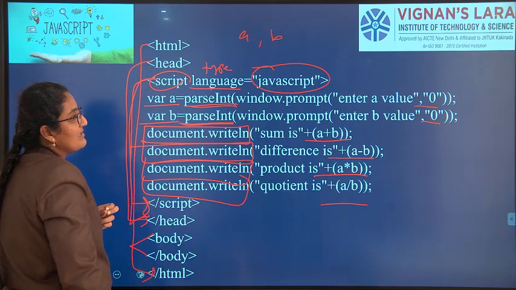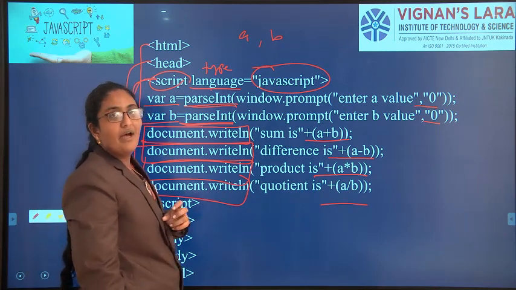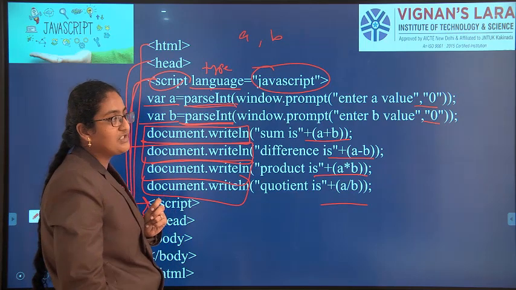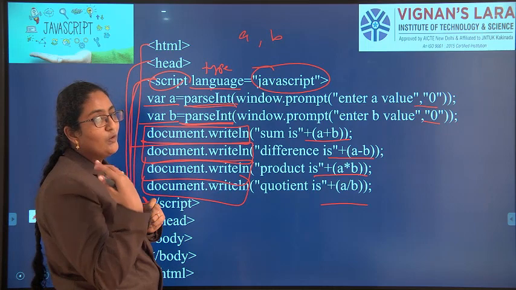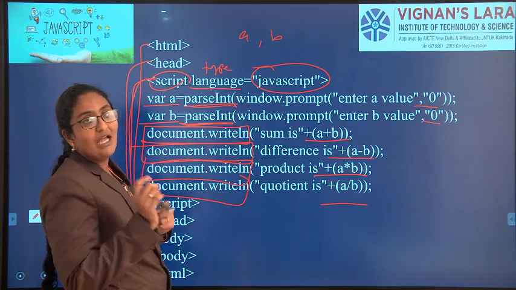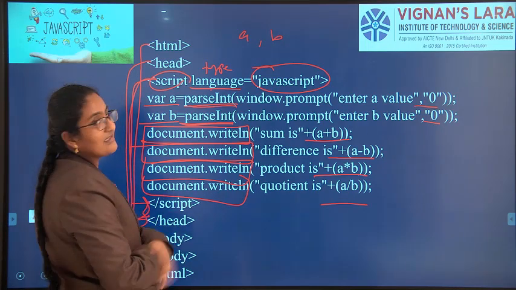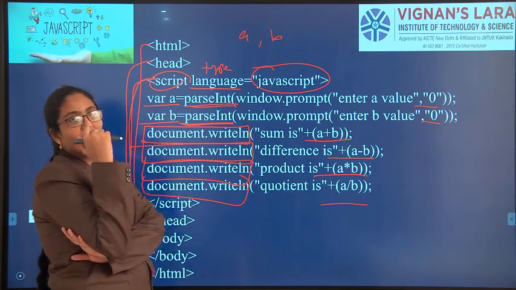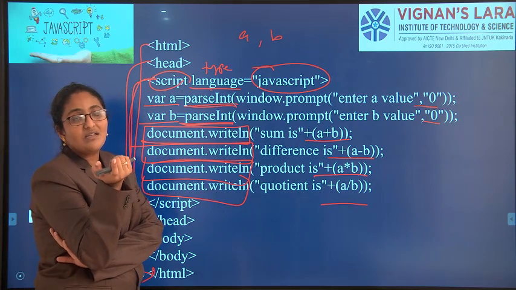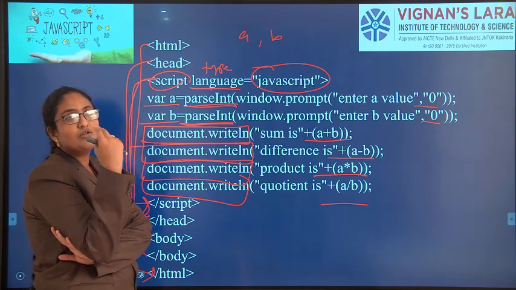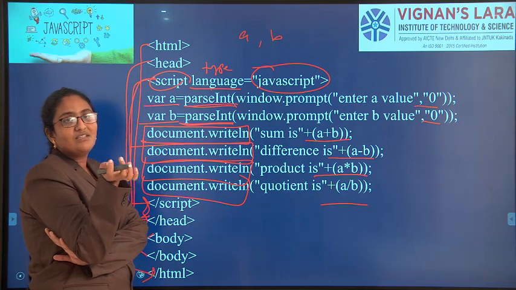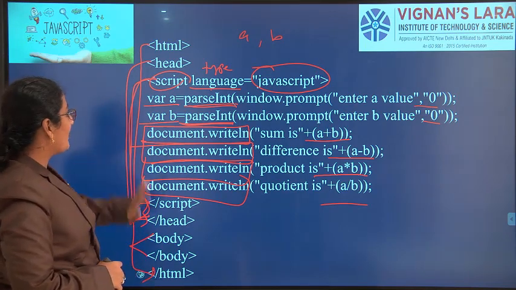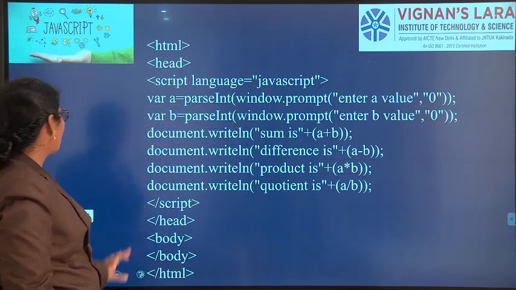We have discussed parseInt in the last class. In the last class we discussed explicit type conversion. While discussing type conversions and explicit type conversion, you need to convert a string into a number and a number into a string. There we have the methods toString and parseInt. These are the methods to convert a number into a string and a string into a number. So this is the simple program for performing addition, subtraction, multiplication and division.